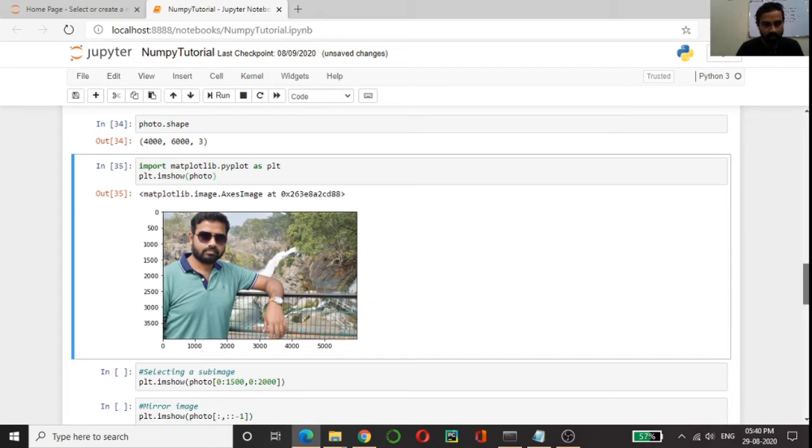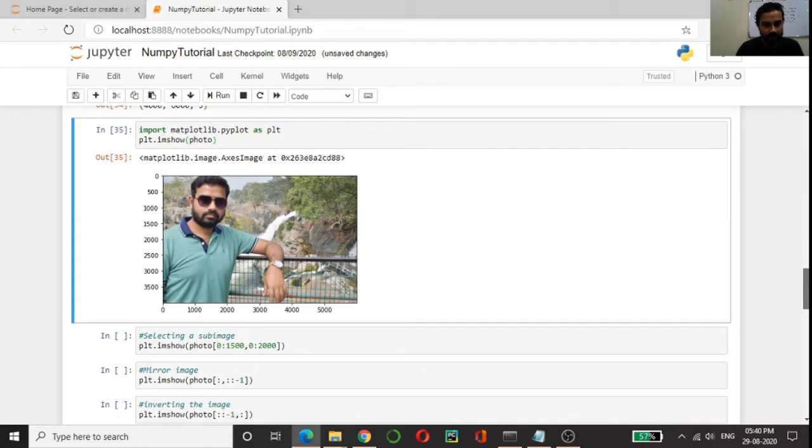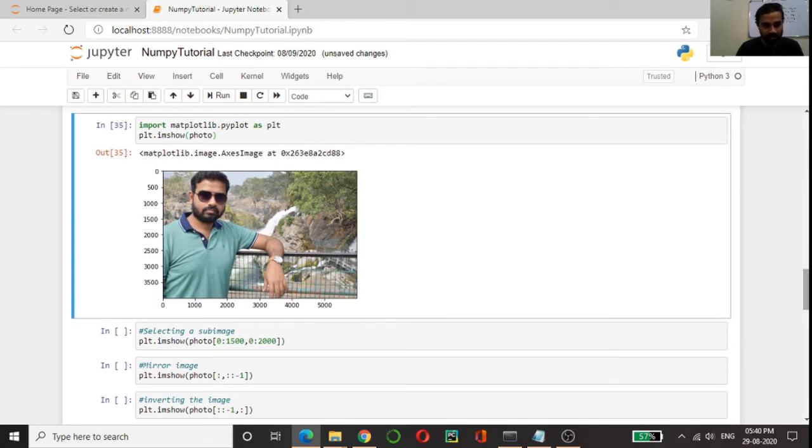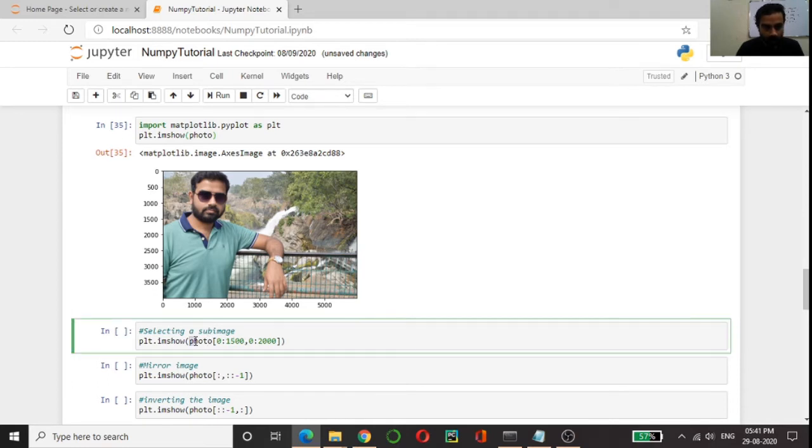Now I will show you how to slice this image. Suppose I want only the head part of my image, I can do it using the index values of the array. Photo is the array name, and inside that you give one comma.